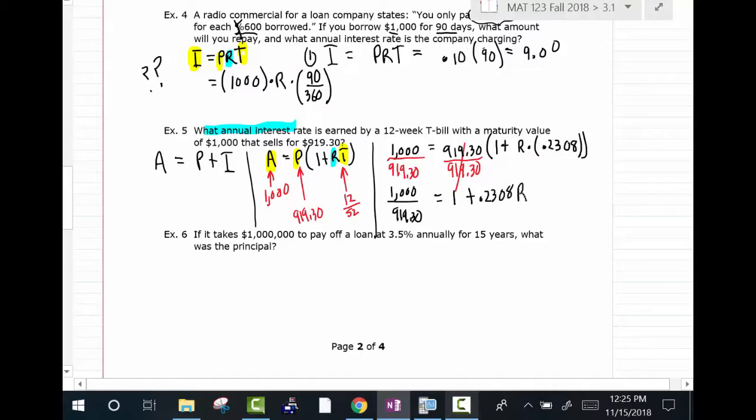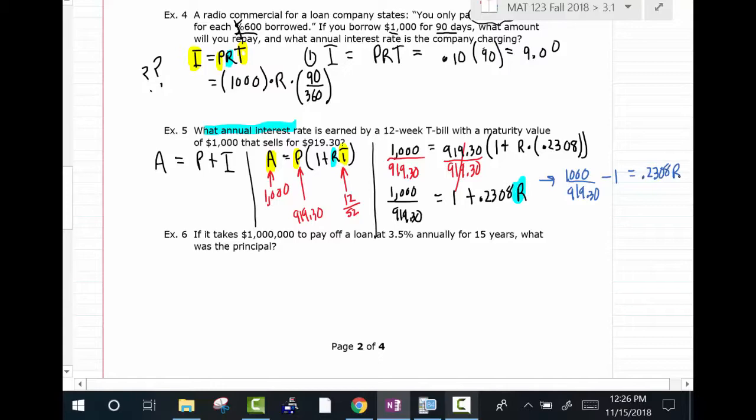And then you got an R. Okay, when I'm solving an equation, you have solved equations of this type throughout the semester. So then the last thing I'm going to do is if I want to get R by itself, well, what do you need to do? You need to move the 1 to the other side, then divide by the number in front of R. Okay, so what we would have from here is 1,000 over 919.30 minus 1 is equal to